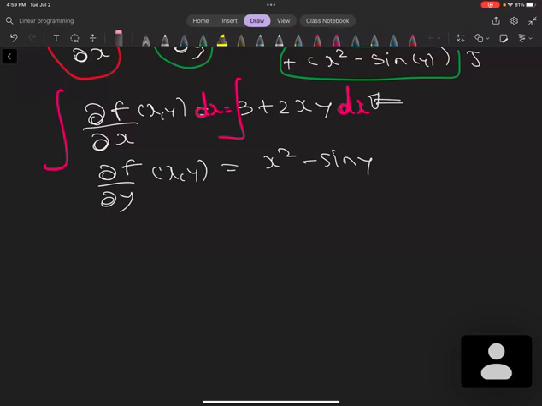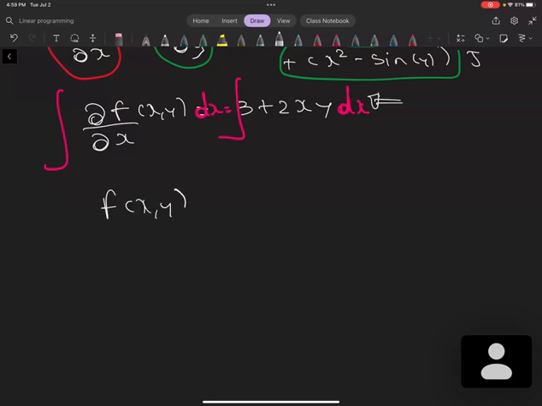These cancel, so you get f of xy equals, remember, the integral is the antiderivative of the derivative, right? Now we have to integrate 3 plus 2xy with respect to x, so that will be 3x plus 2x squared divided by 2 times y